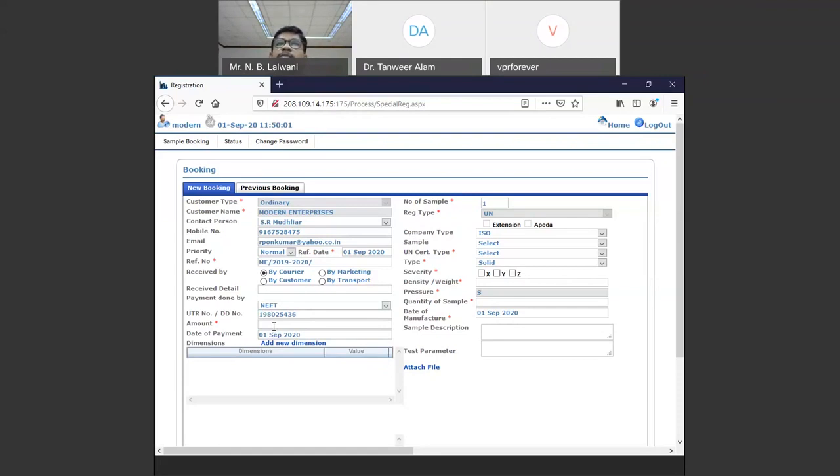The pro forma invoice will be raised to you. So against that, suppose you have paid this amount, then you can mention the amount you have paid and the date of payment. It is not always the same day you make the payment. Sometimes you make it on the same day, you can mention the same day. That is not a problem.